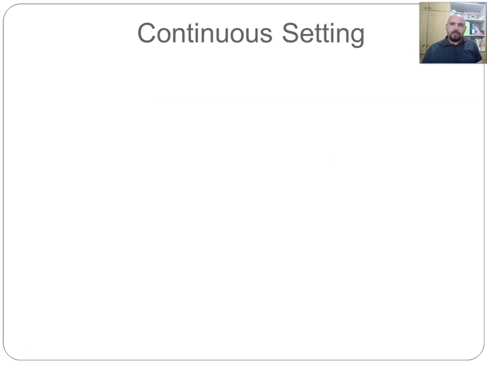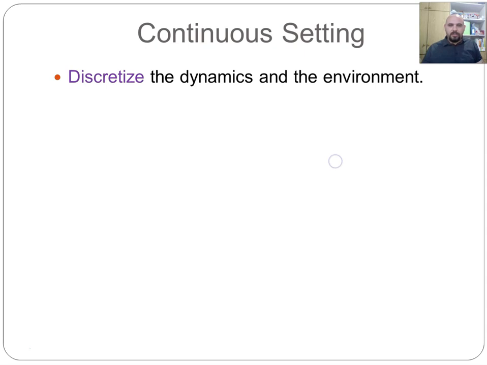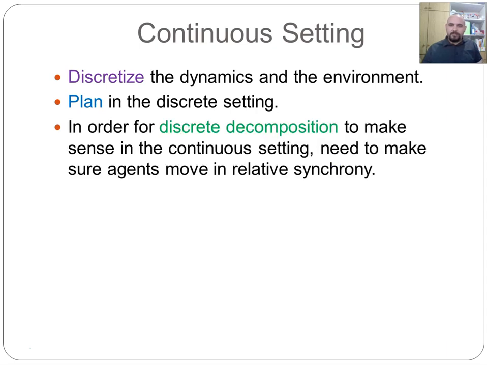Right. Now, if we want to implement this in practice, we need to consider this setting in a continuous setting. Now, traditionally, in order to handle a continuous setting, what we do is discretize the dynamics in the environment of the agents, and then plan in a discrete setting. This works well in our case, as it does in a lot of multi-agent pathfinding scenarios, but we need to take care of something a bit fine, which is that in order for the discrete decomposition,